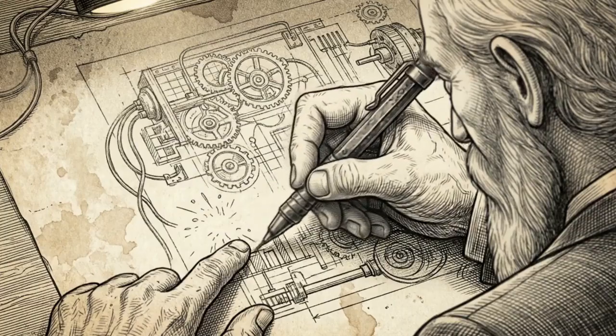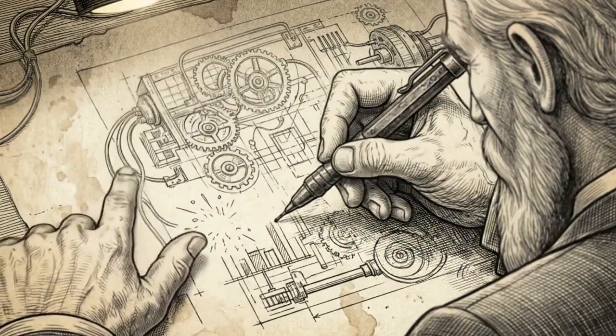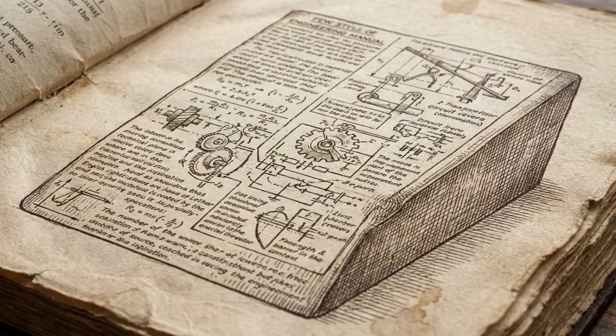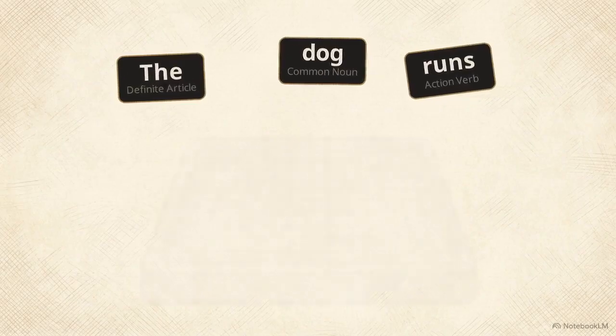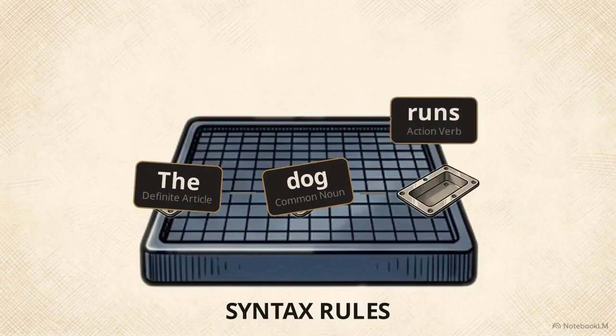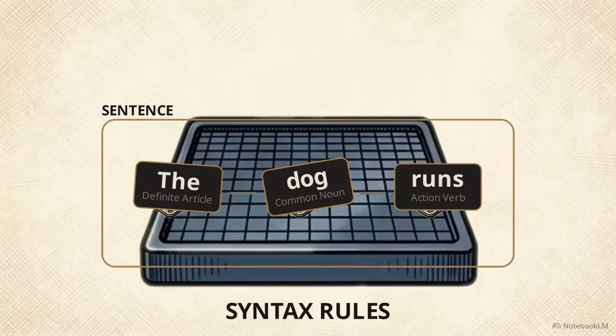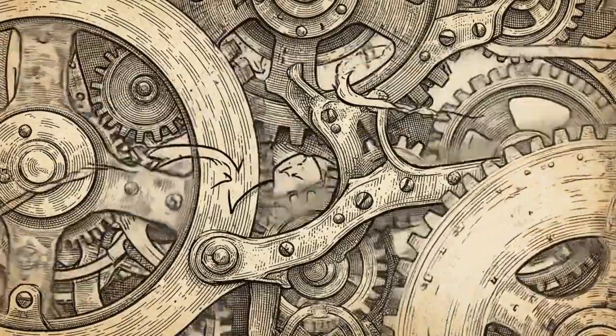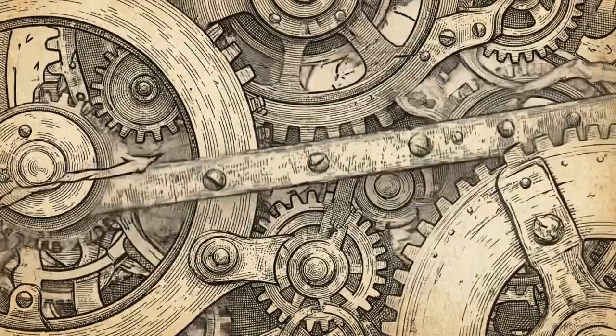For students aiming for advanced proficiency, such as the IELTS exam, relying on these simple labels becomes a trap. It treats words as static entries in a dictionary rather than active components of a sentence. To move forward, we have to look at syntax. Syntax is the set of rules that governs how words are combined to form phrases and sentences. In this system, nouns aren't just names. They are the mechanical gears that drive the architecture of a thought.